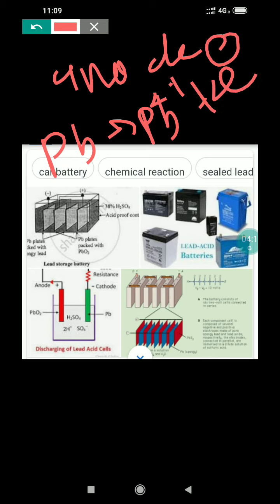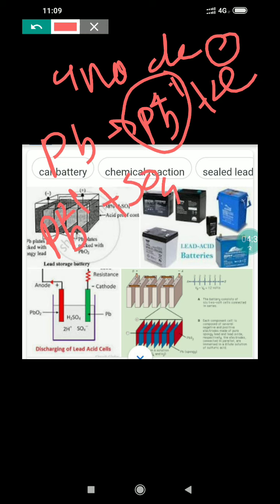This is the electrode reaction on the anode. Now this Pb di-positive, as it is dipped in the sulfuric acid, therefore Pb di-positive combines with SO4 di-negative sulfate ion